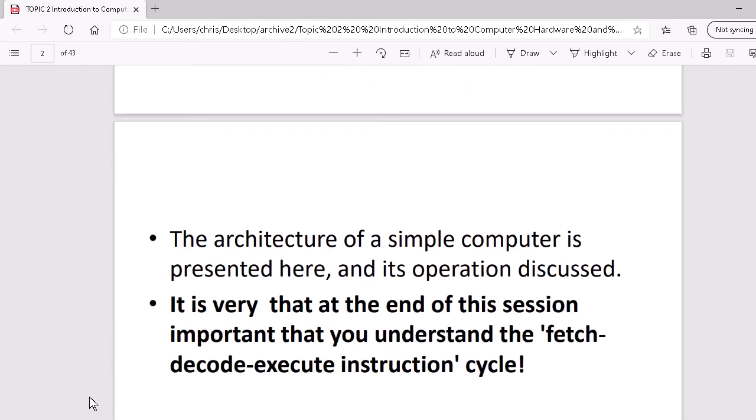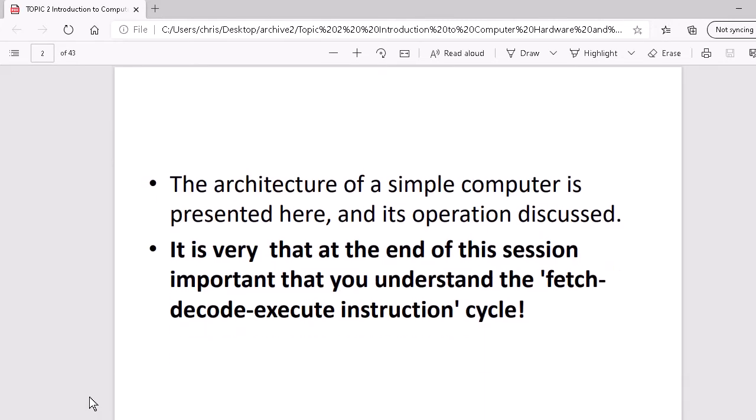The architecture of a simple computer is presented, and its typical operation is discussed and analysed. It's very important that at the end of this session, you will understand what's meant by the fetch, decode, execute instruction cycle. Cutting a long story short, at the outset, we're thinking about the computer being able to fetch